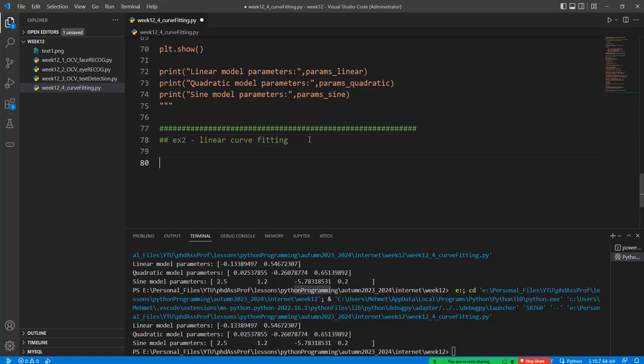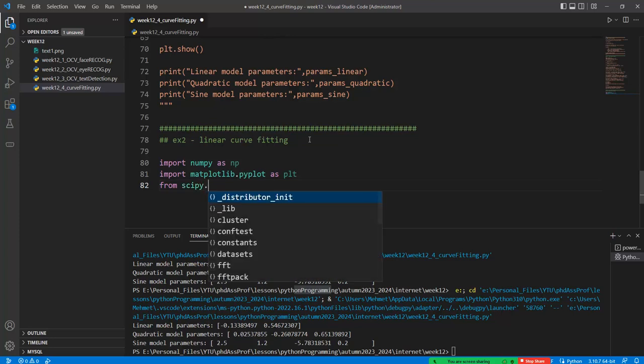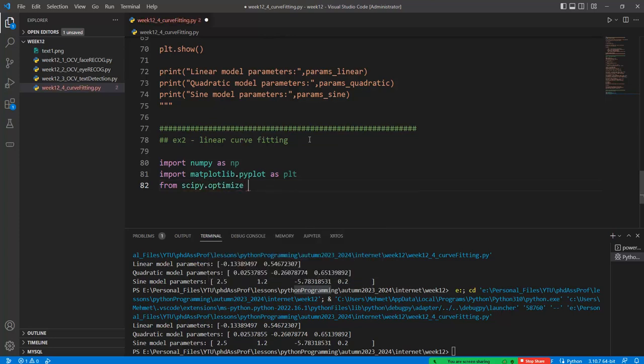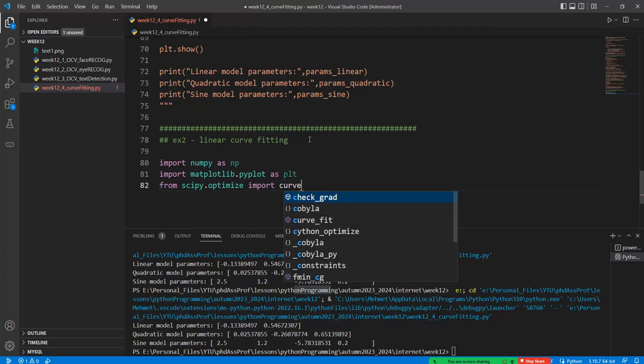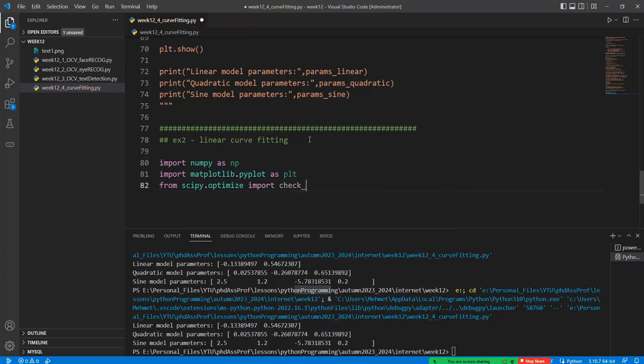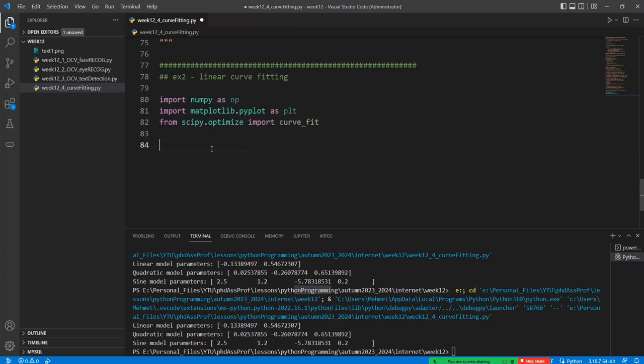Okay, firstly, another application is given in here. Import matplotlib.pyplot as plt, and from scipy.optimize is our function, import curve_fit. Curve fit is the specific function to be utilized in these applications. Okay, and so in this case we will try to